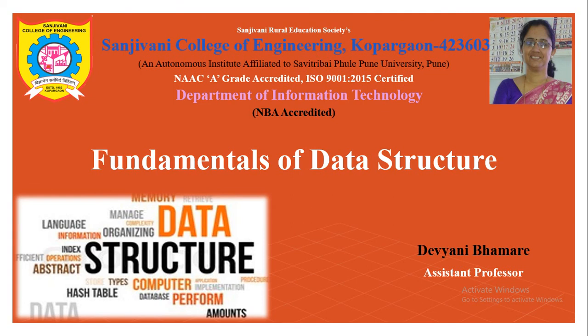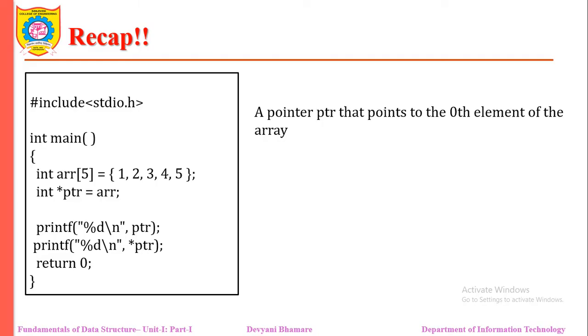In today's session, we are going to cover an interesting point: a pointer to an array of integers. If you have observed this program, the array ARR is being declared and PTR is a pointer which points to the first element of this array. If we display the output of this printf statement, we get the address of the base element, and with the second printf statement we can access the element at the 0th location. So in this case, PTR is a pointer to array ARR.